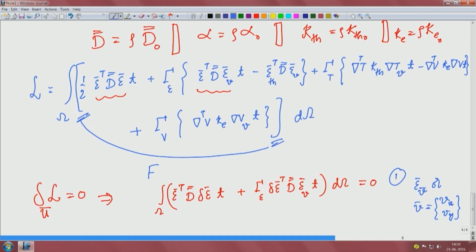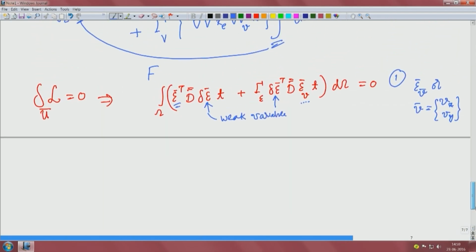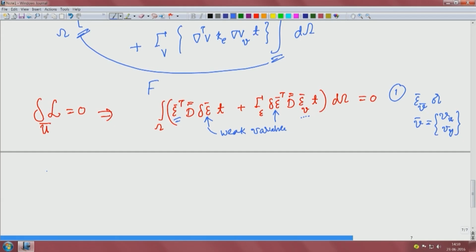After you find Ux, Uy, then you would know this, and what we want to find is this thing, that epsilon, then these are the weak variables for it. Okay. These are the weak variables or variation for epsilon V solutions. We can already solve it. We do not need the adjoint equation with thermal and electrical field. Okay. Now, similarly, if I now go or let me choose green color,